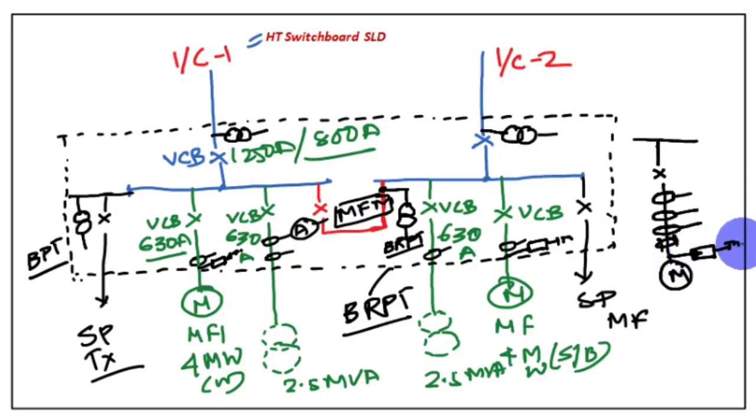Okay. And if the transformers are dry type transformers, if these are cast resin dry type transformers, then this transformer feeder also has the surge arresters. Remember that. If these are oil type transformers, then you don't need to consider surge arrestor for that. But if these are dry type transformers, you have to consider surge arrestor for that also.